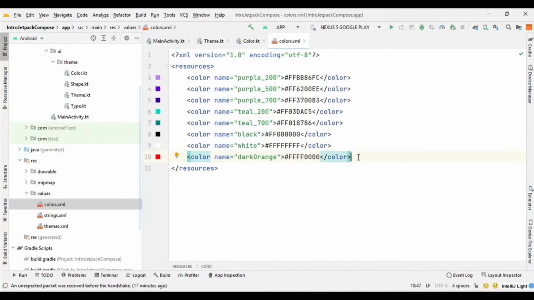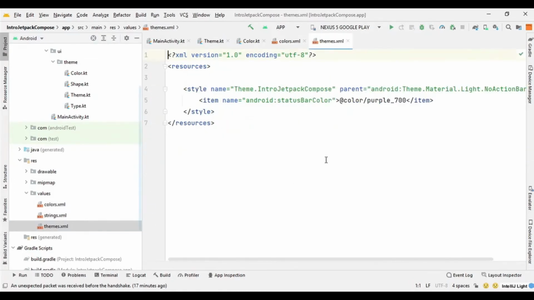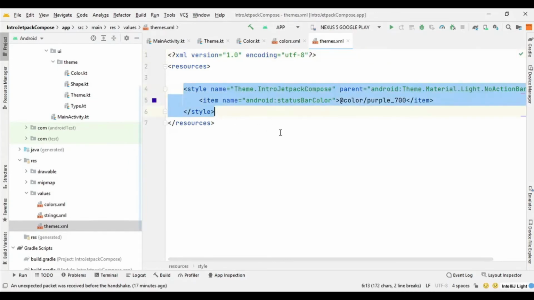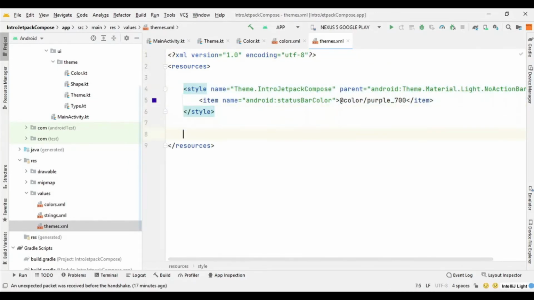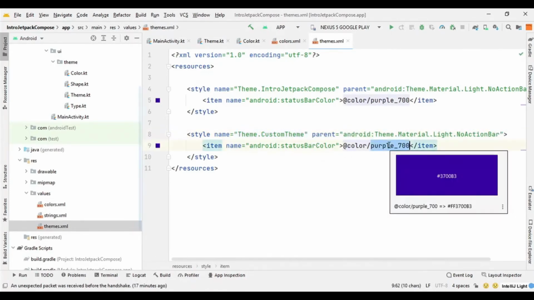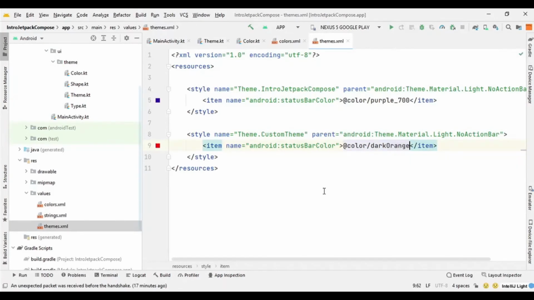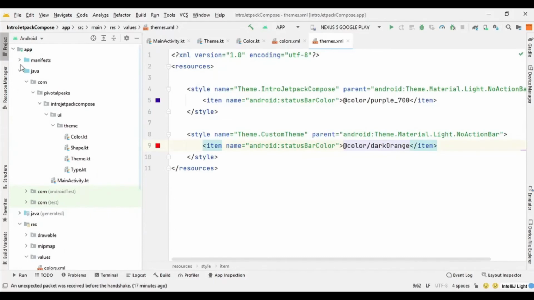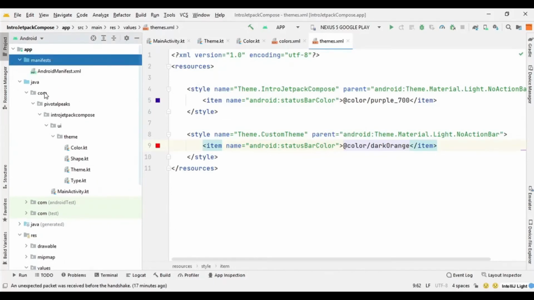the ARGB color. Now we also need to go to our theme file and create a new theme for our custom theme. So I will just copy this style and paste it here, and here I will say custom theme, and for status bar color I am going to change it to dark orange. And what else, we also need to change the theme in our manifest file.